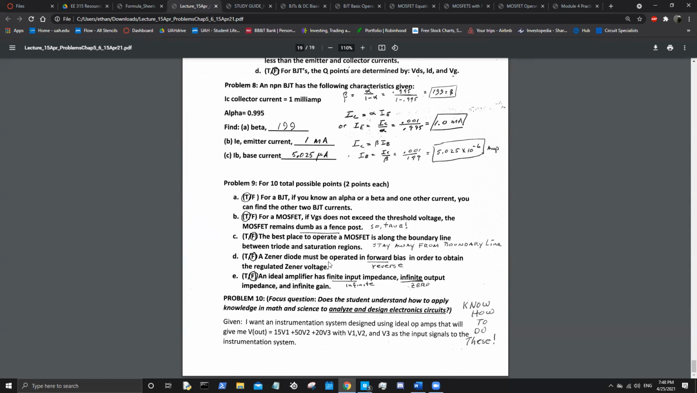Okay, problem 10. You should all know this. I don't think he gives... this is the end of the file. Yeah, there's not really a problem here. He just says, I want an information system designed to use ideal op amps that will give me V out equal to this polynomial, right? So we're used to doing this. So it's just the weighted summer. Yep. And in this instance, it's literally one op amp